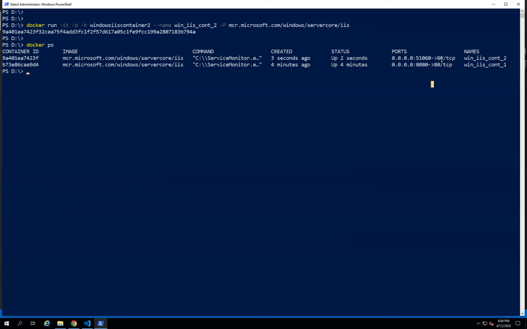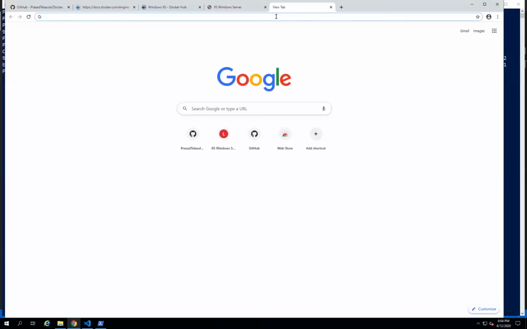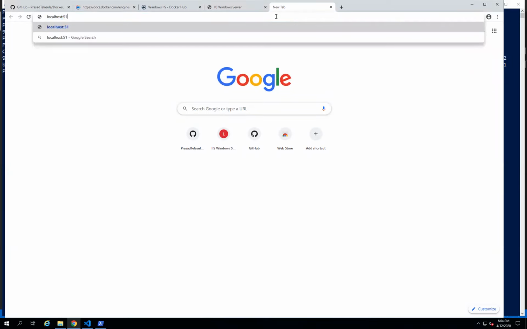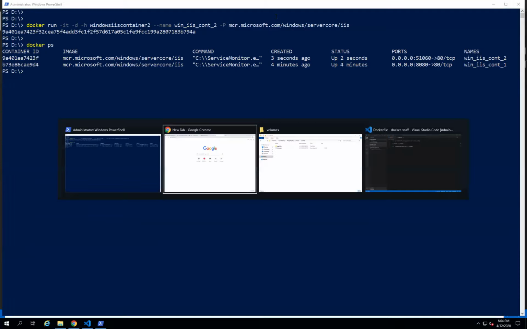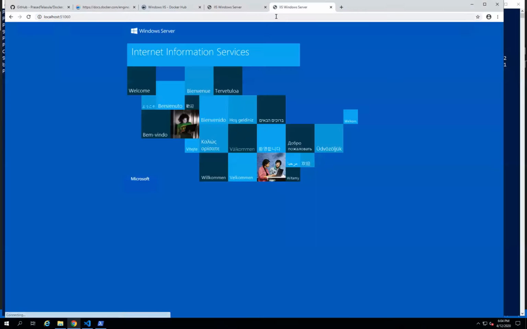So let's try to access 51060 from the browser. Localhost 51060. There you go. The application is accessible from the host operating system.